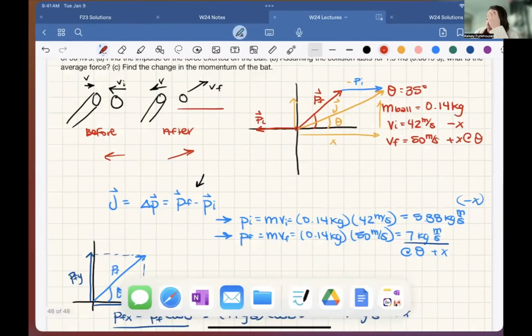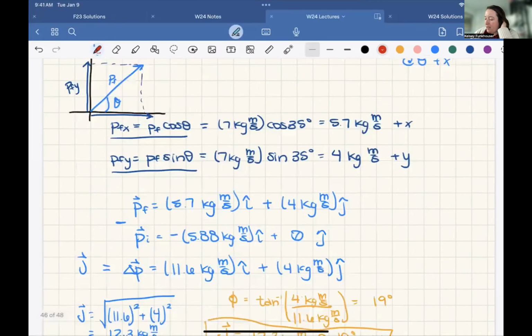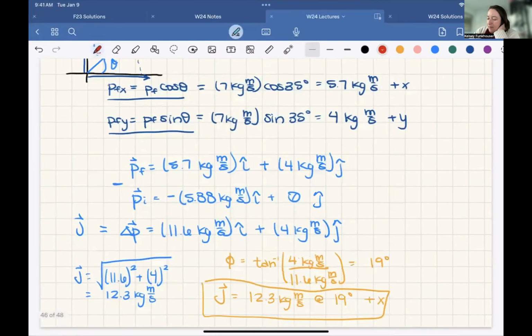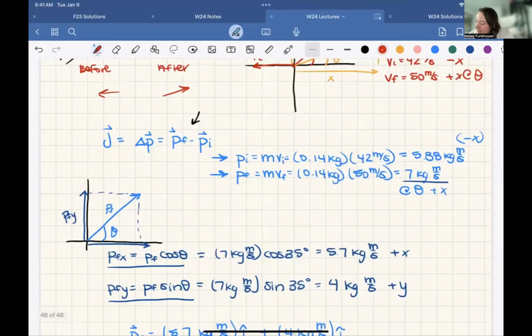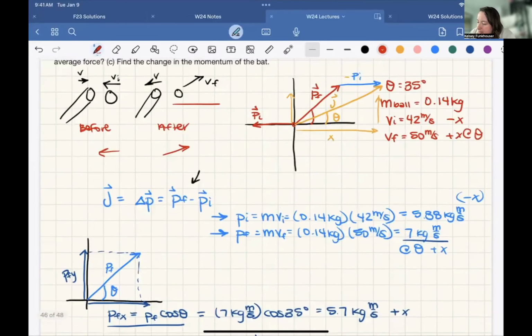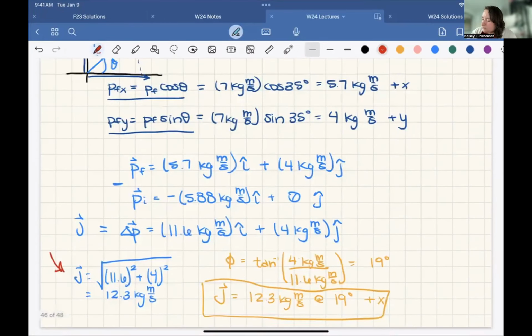But then we did some vector math and found the impulse to be 12.3 kilogram meters per second. And I also showed the vector math here, so that we had a better picture of what angle we were calculating, and also which should be the opposite and which should be the adjacent side of that. So that gave us 19 degrees